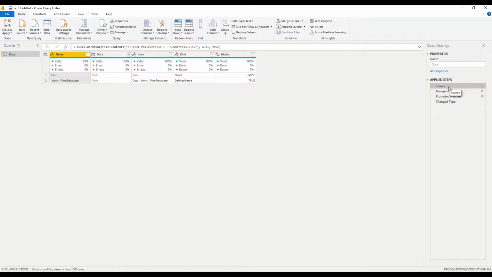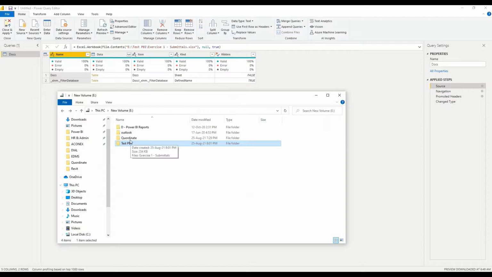And here, if you see on the formula bar, you have the path already available. So very simple. In Power Query Editor, you will have to go to the source step, and within the source step, just copy, paste and change the source over here in the formula bar. It is that simple. Select the new path.